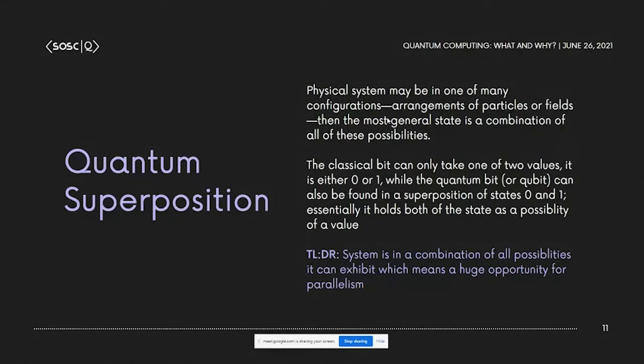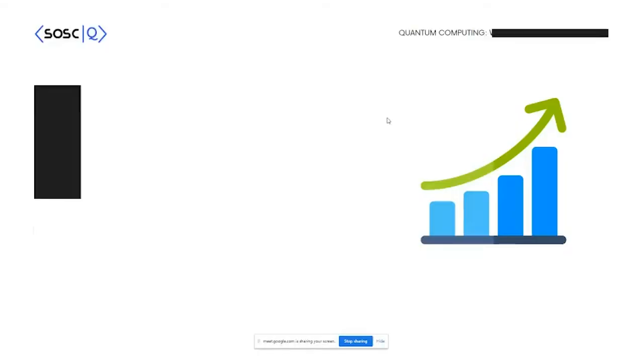But when we are talking about a quantum mechanical system, it does not just have 0 or 1. It has additional information in it. We have a superposition of states, a combination of all possibilities within a single qubit. So we are not just having two values here, but a spectrum of states, which can immediately give you an application: parallelism.